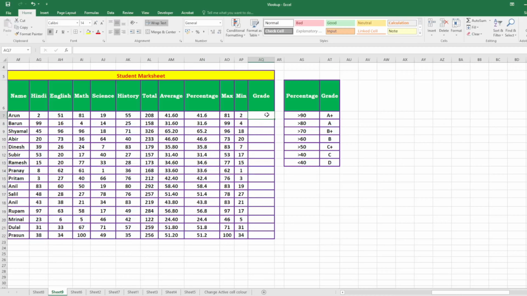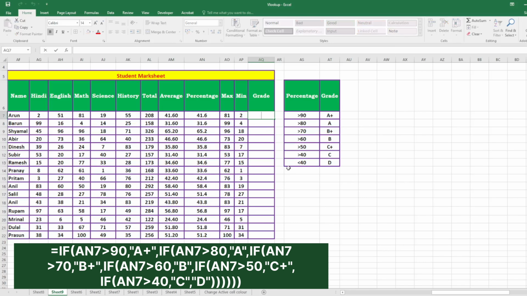Here I shall calculate the grade. The condition of the grade has been given here depending on the percentage. So here I write the formula: =IF(percentage>90,"A+",IF(percentage>80,"A",IF(